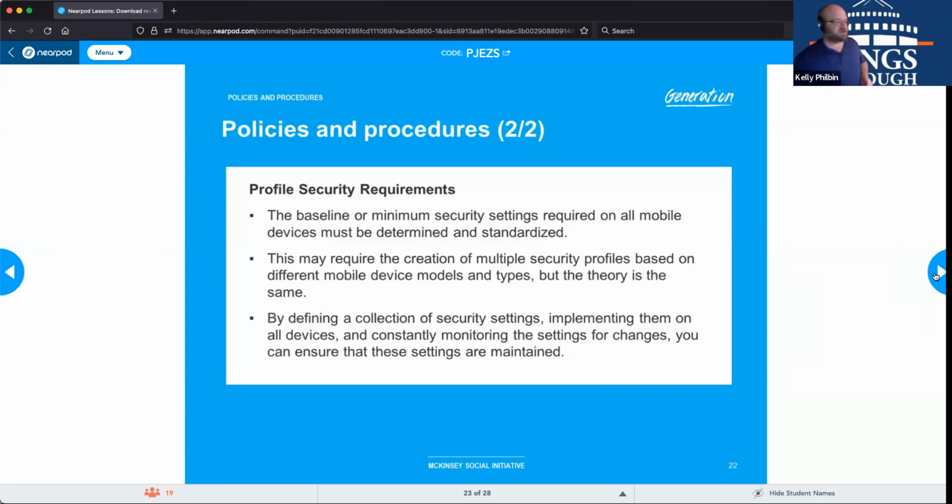Unfortunately, this may require the creation of multiple security profiles based upon the different mobile devices, models, and types. You see how this can get complicated really quickly. The more devices you allow, the more complicated your procedures become in the IT field. That's why they call it bring your own disaster. So we need to bear that in mind. So with all the devices that you're going to allow, you need to basically make a collection of defining those security settings, implementing them on all the different devices, and you unfortunately have to constantly monitor settings for changes,